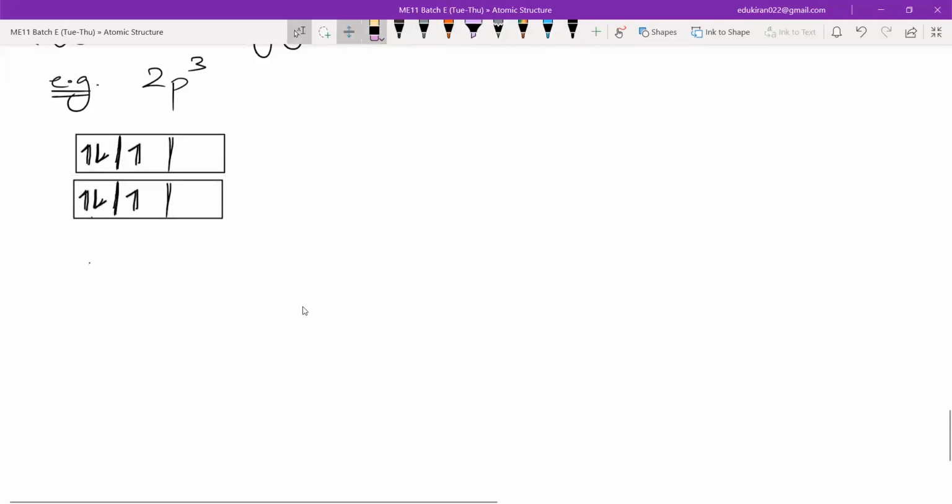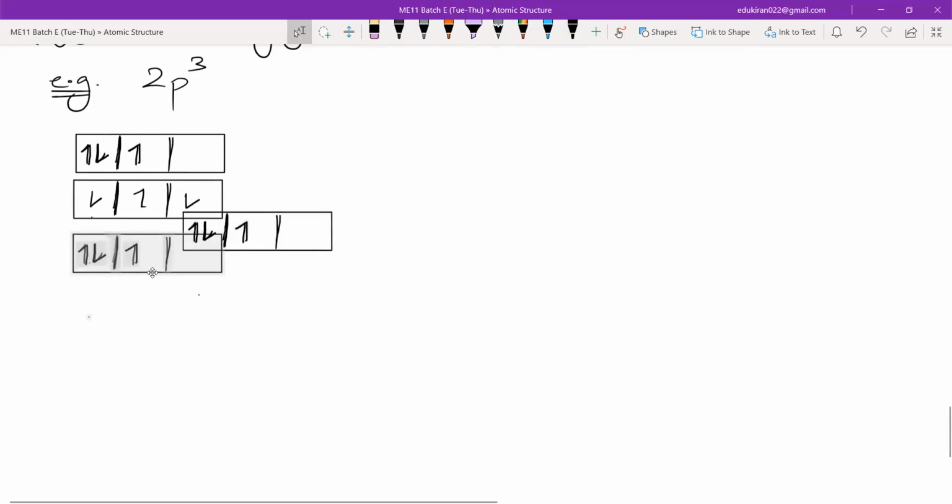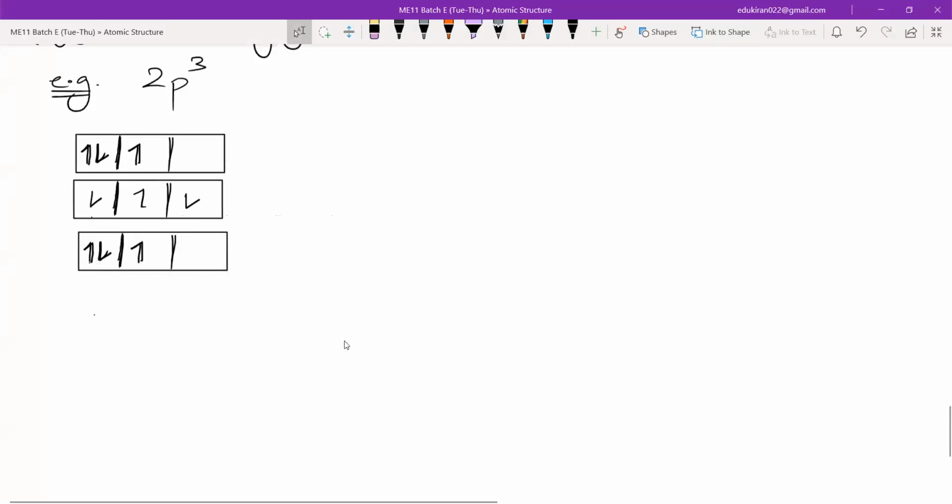Okay, you can also have, let us erase these points. You can fill very randomly, right? You can fill randomly like this. You can fill like this, and like this. You can also fill... I'm just giving you options. How can you fill them? And then we will test all these options with the rule.